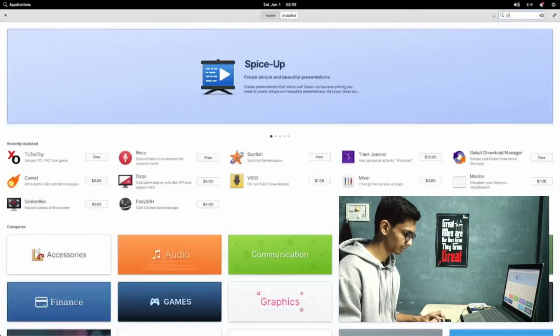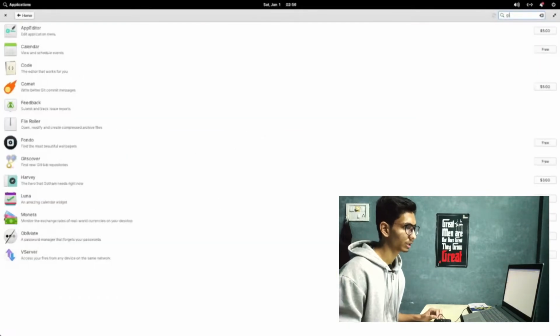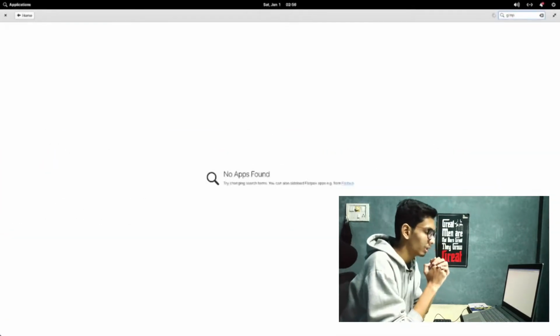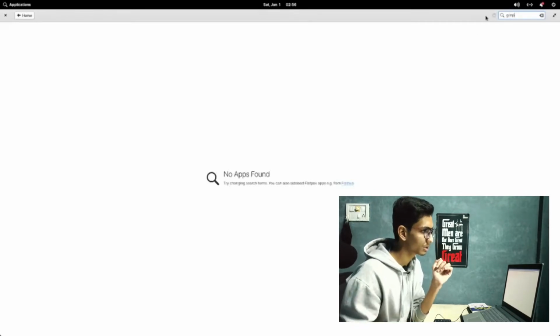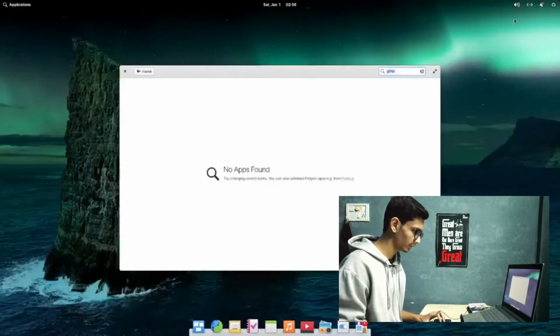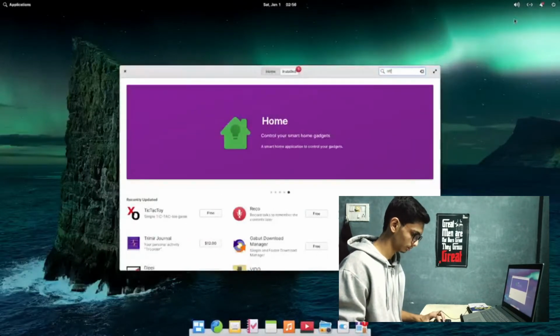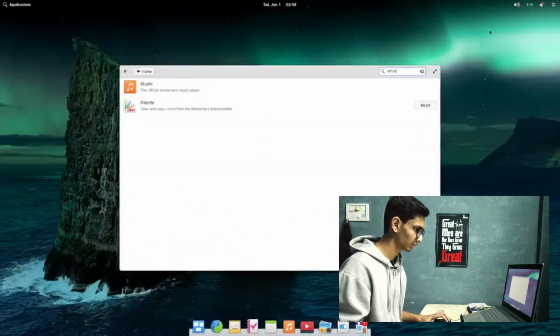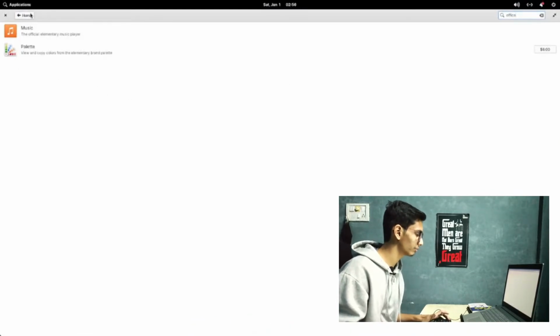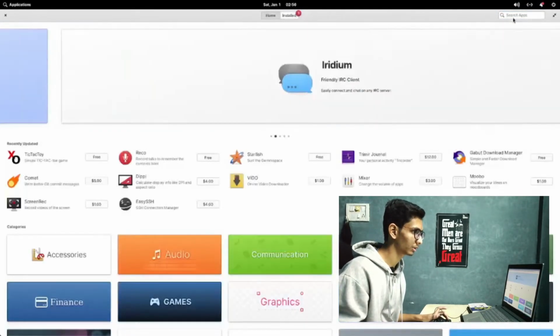Let's go ahead and search for GIMP. It's a popular photo editing program and we got nothing. Maybe it's because it's loading here. We'll try after some time. Let's search for some Office Suite. No, it's still loading and we don't get any Office apps either.